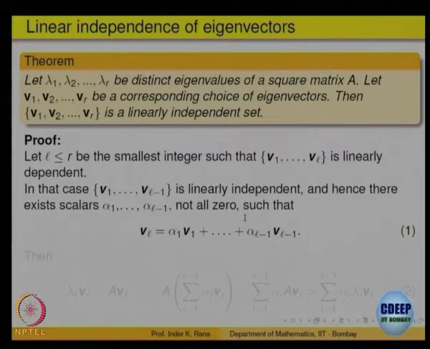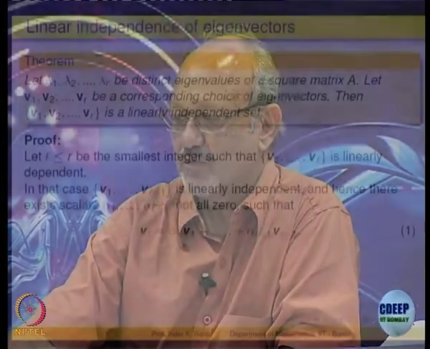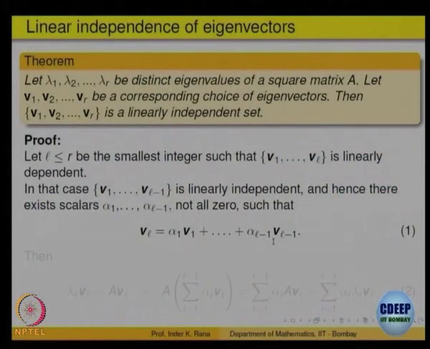Scalars not all 0, say that, this is linearly independent. So Vl must be a linear combination, because V1, V2, ..., Vl is linearly dependent and V1, V2, ..., Vl-1 is independent. That means Vl must be a linear combination of the other ones. So let us write Vl equal to alpha 1 V1 plus ... plus alpha l-1 Vl-1,